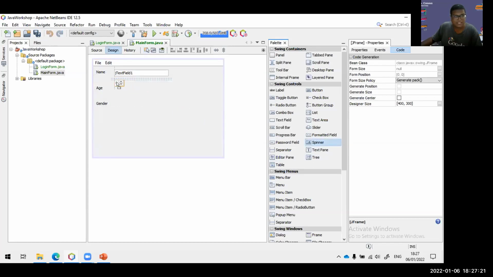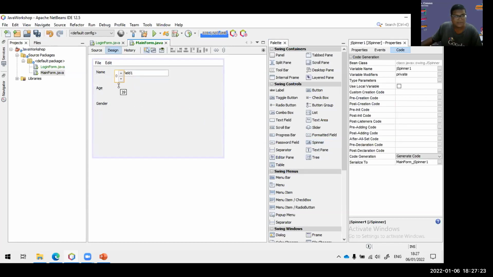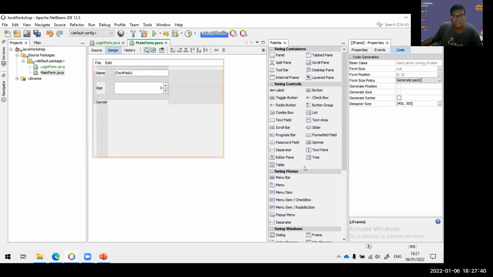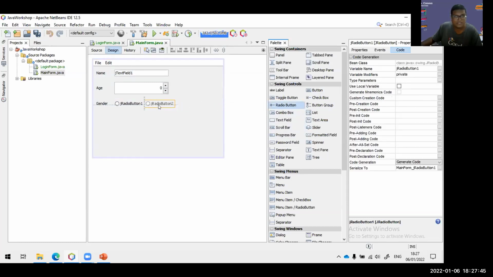Let me take a spinner here. Sometimes you have to struggle a little bit to position them. It's fine. So name goes here, age goes here, and we'll have a couple of radio buttons for gender,